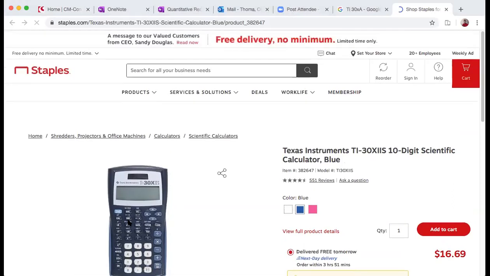So, this key right here that says PRB, right? If you click on that key, you'll see what comes up is nPr, nCr, and the factorial symbol. So the way you would solve the problem we just had here,